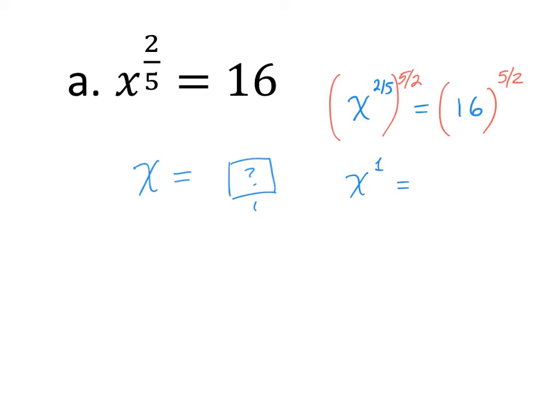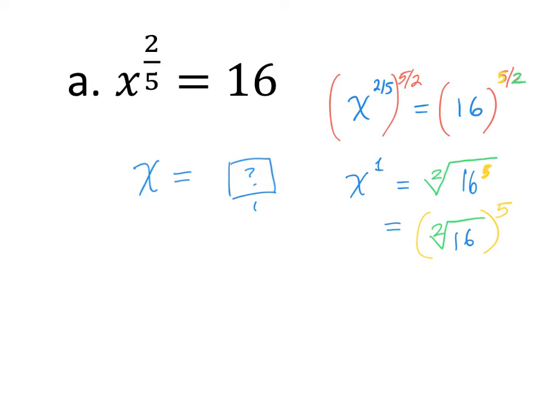So this might also require some review depending on when the last time you've seen something like this is. When you have a fractional exponent, the bottom part of it becomes the index of a radical if you want to write it in radical form. And the top part of the fractional exponent can either be put underneath the radical as a power on the base, like this, or equivalently, you can have the radical and the base, and then the 5 power on the outside,